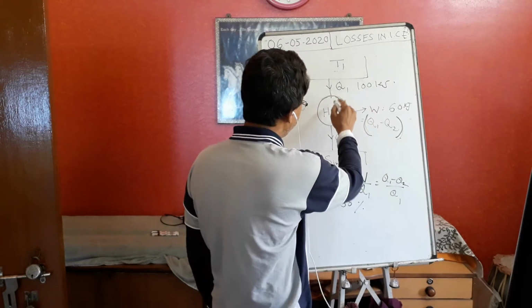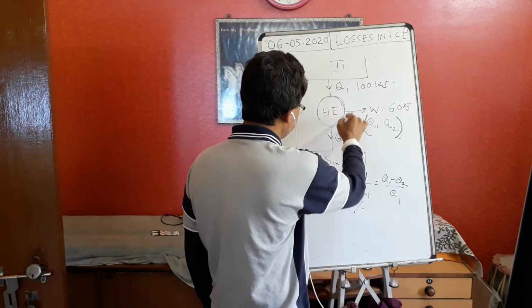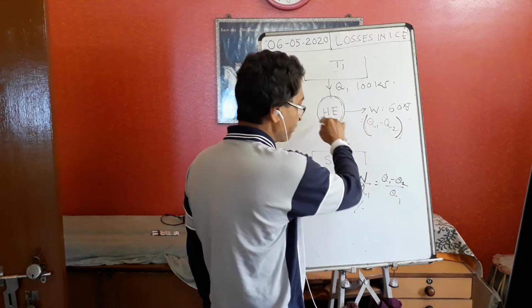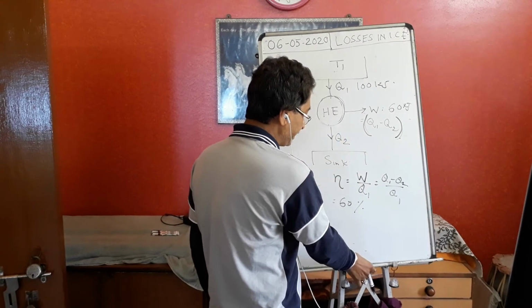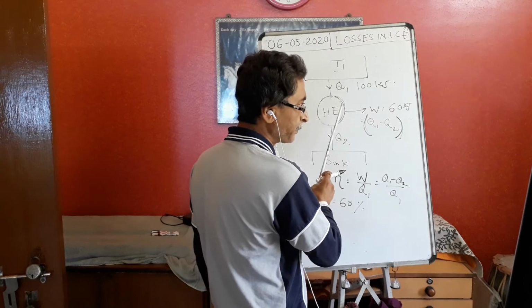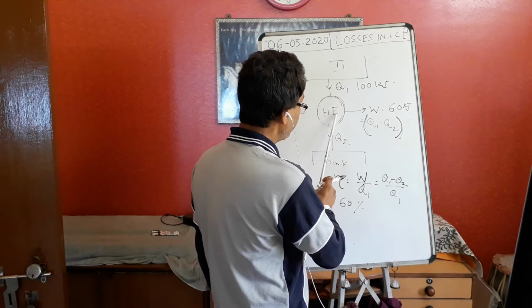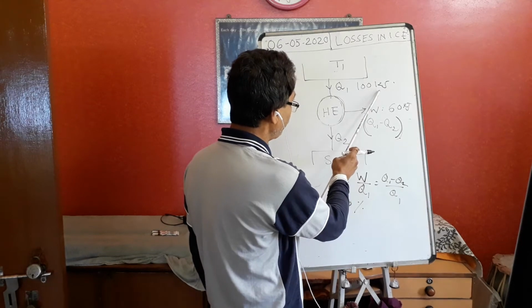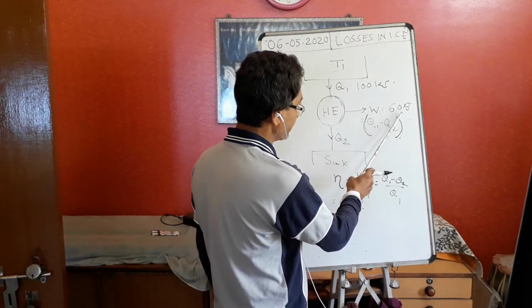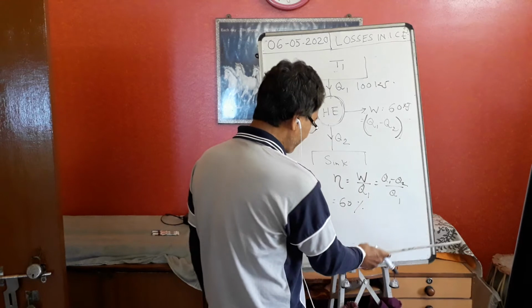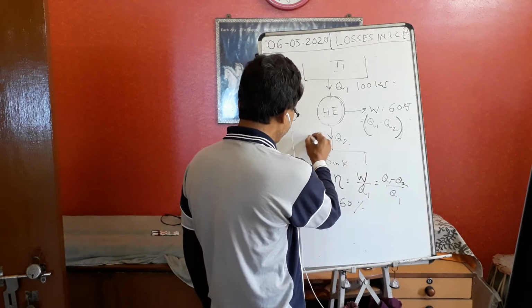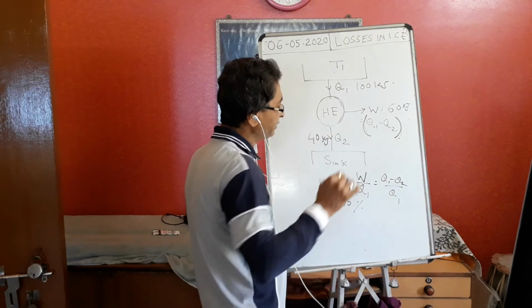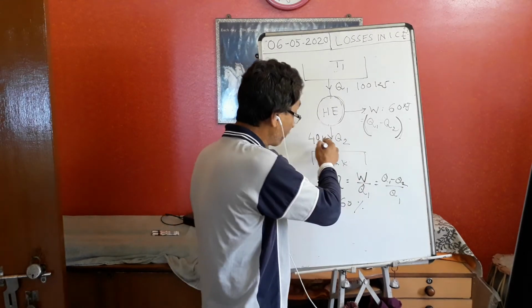A heat engine is a device which will produce work. Some processes are there in the heat engine, and it will take some amount of heat and produce the work. So I have given 100 kilojoule of heat and it has produced 60 kilojoule of work. Then what happens to the 40 kilojoule? 40 kilojoule of heat has been rejected. So that means it is a complete loss.